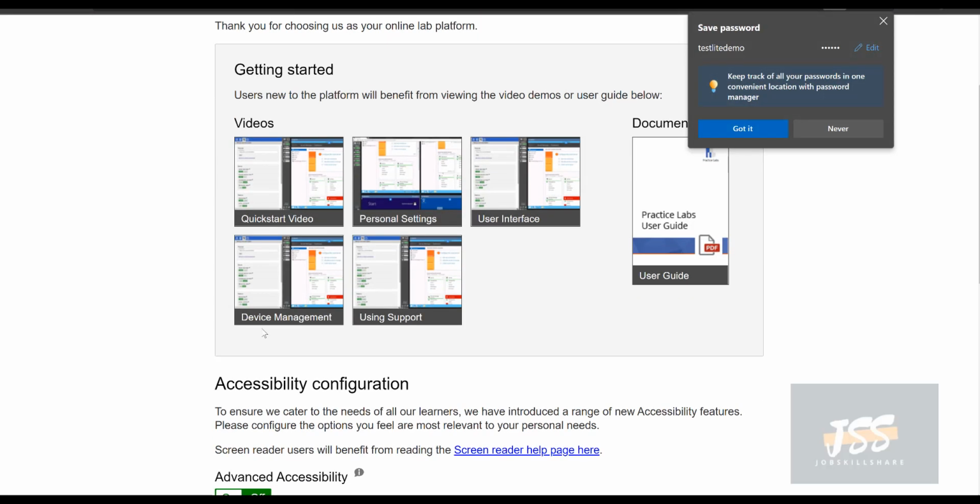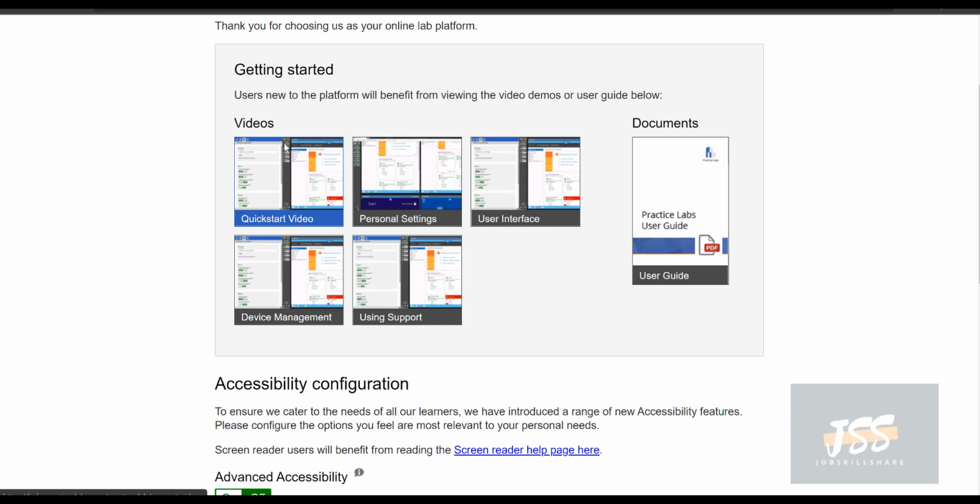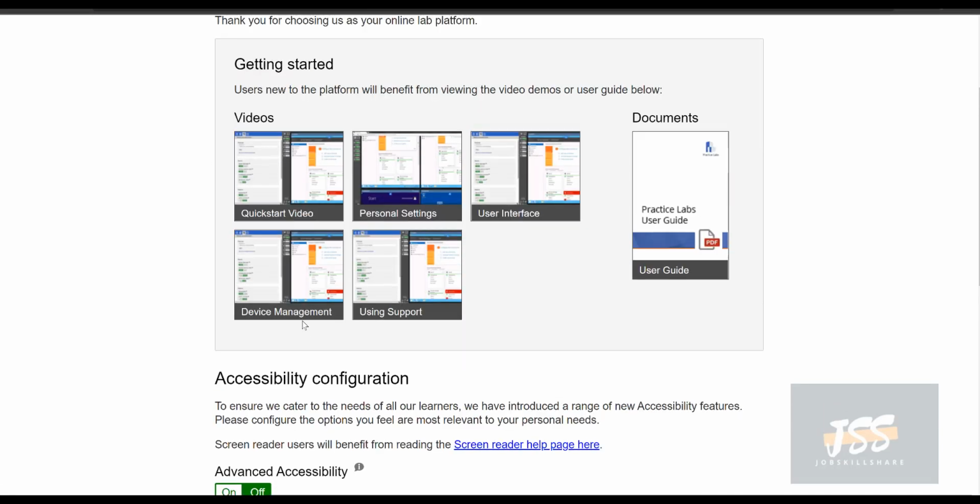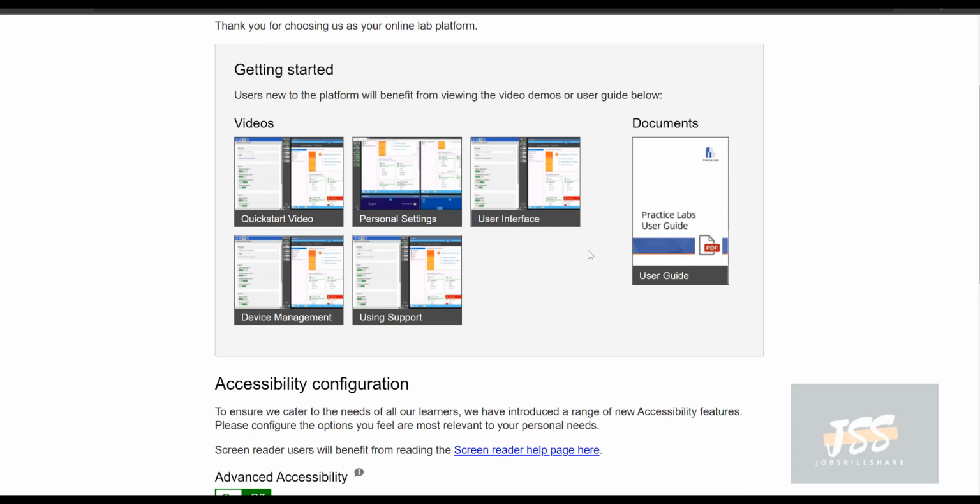So if I click on login, this is where you're going to see some of the practice labs videos and agreements. Now it's super important for you to download this user guide. It is going to be your friend, because like we say in our policies, Practice Labs will not support your learning inside the sandboxes, because you're doing custom learning, and we have already explained it